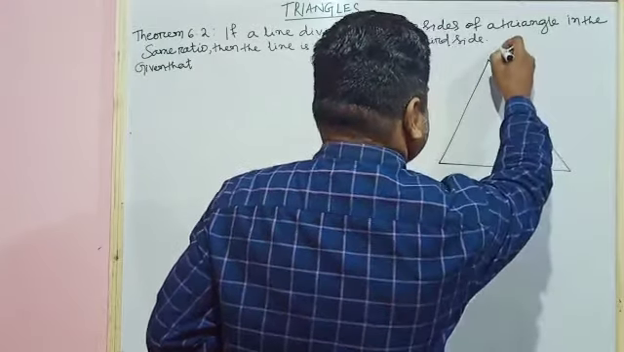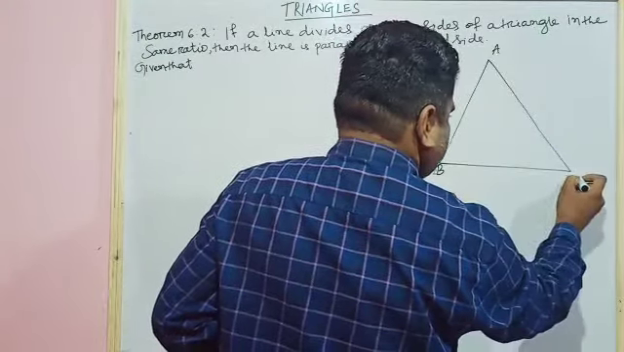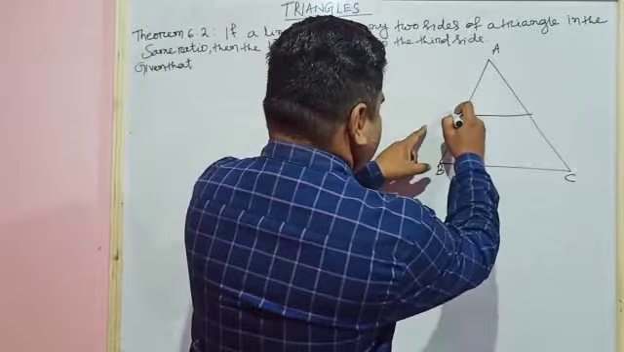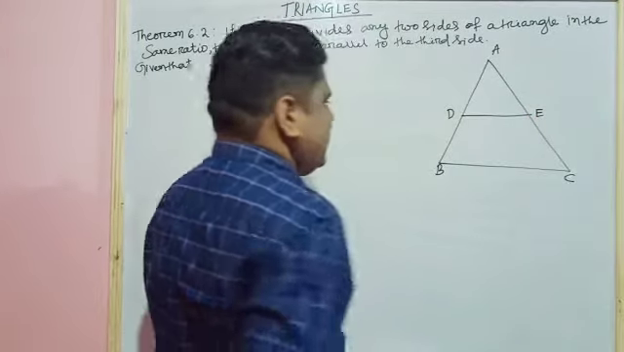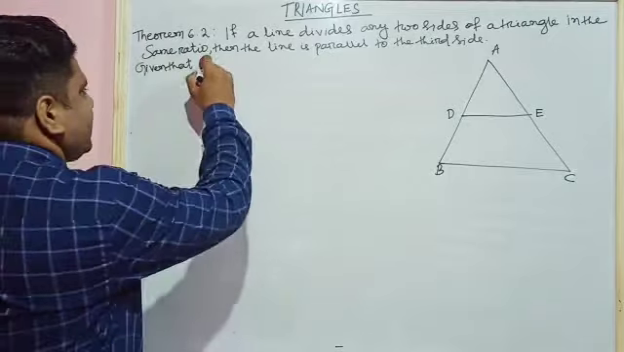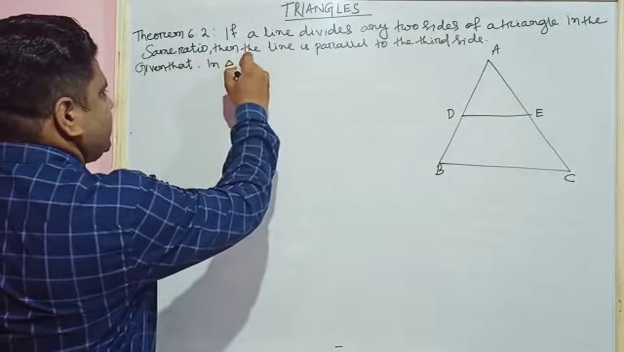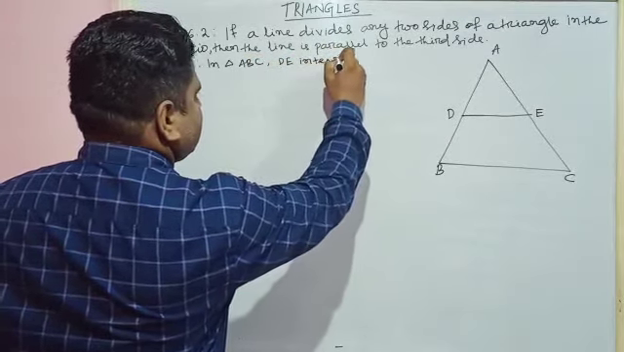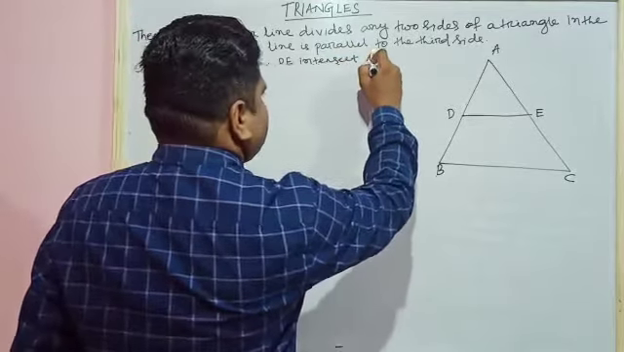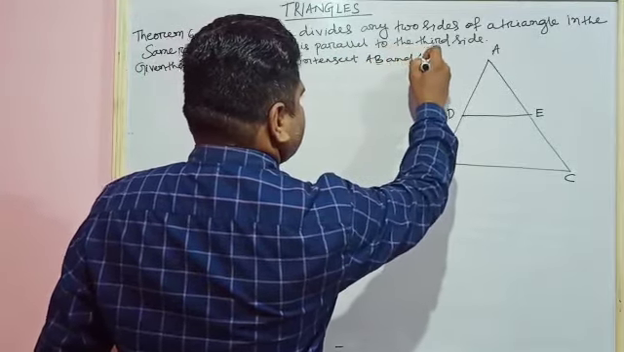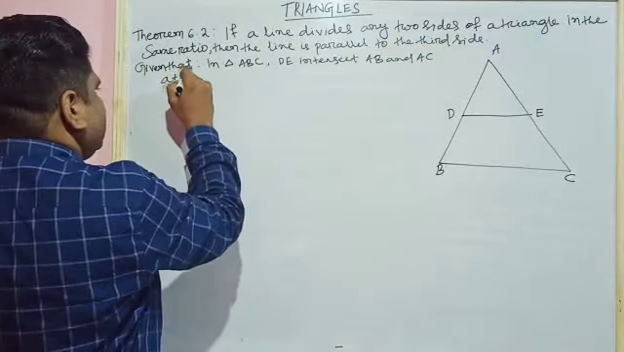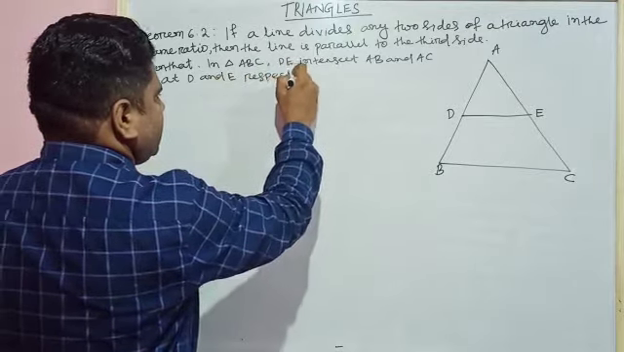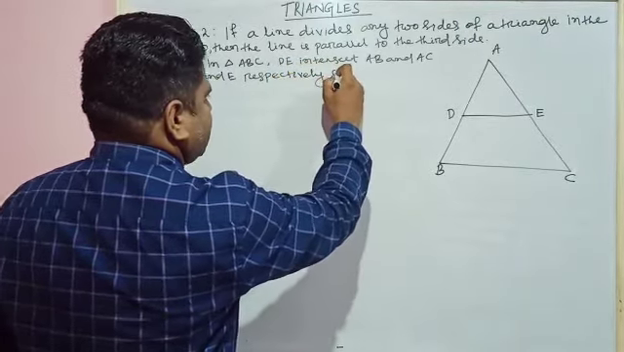It is triangle ABC, and DE intersects AB and AC at D and E respectively. Let's write that. Given that in triangle ABC, DE intersects AB and AC at D and E respectively, such that